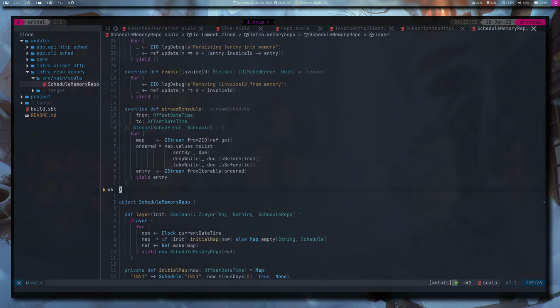And this is the interesting part: stream schedule. Basically we are just returning the map, and after returning the map, we wrap it into a ZIO stream, right? That's very simple to do. Now the next challenge is something I want to create in the future. I haven't implemented it yet, so in the future I will add a new project called